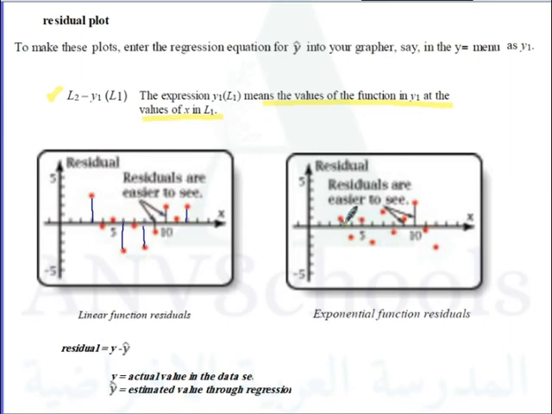But in here, you could notice that the residuals are much smaller compared to the residuals in the linear function. Okay, so the residual plot is a testament that the exponential function regression is the better option